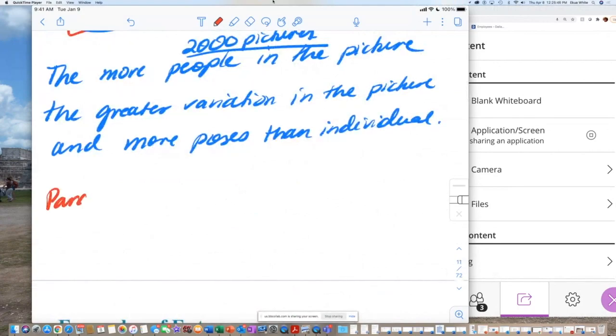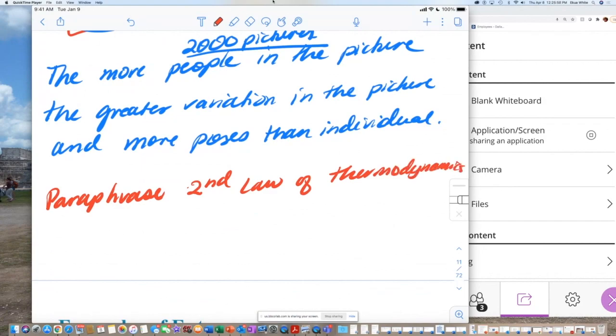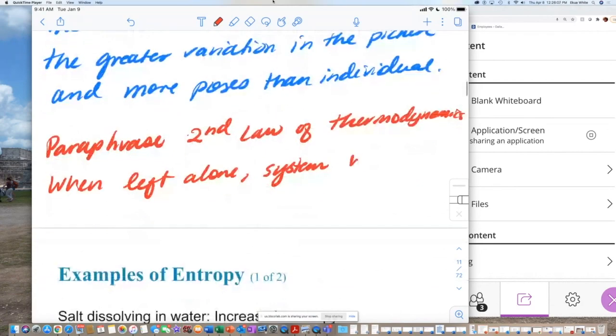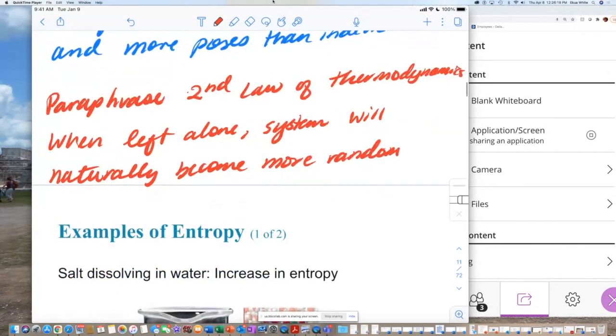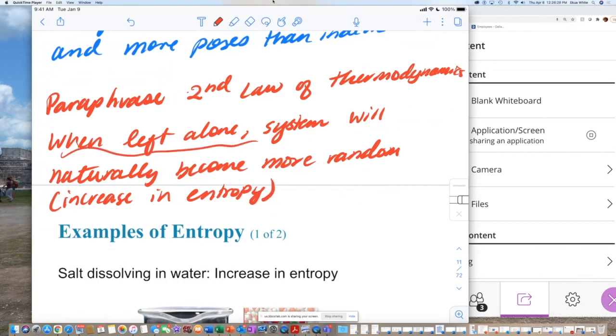So let me paraphrase the second law of thermodynamics. Okay. When left alone, systems will naturally become more random. In other words, increase in entropy. Increase in entropy. Okay? So if you leave something alone, it would just, with time, it would just get bad,